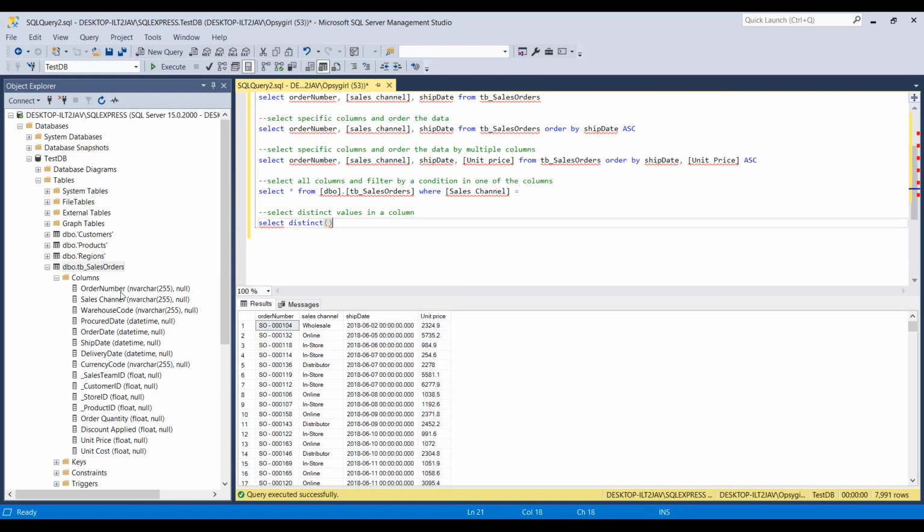In this case, our column is sales channel. Then from the sales orders table, you can see that we are still following the same syntax: select column from table, right? But in this case, you are looking at just one column and you want to get the unique values in that column. So, without the distinct,